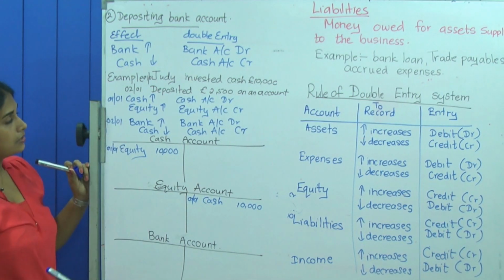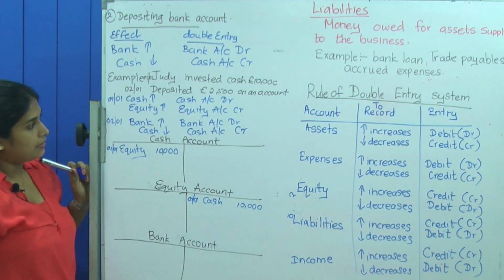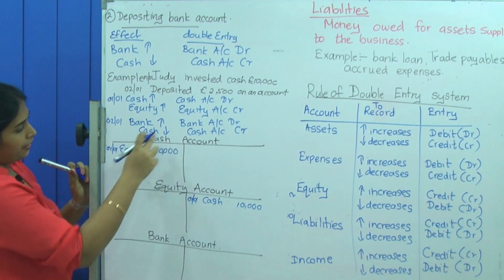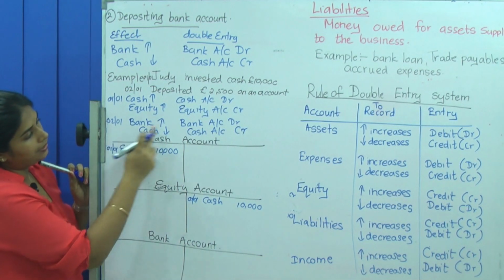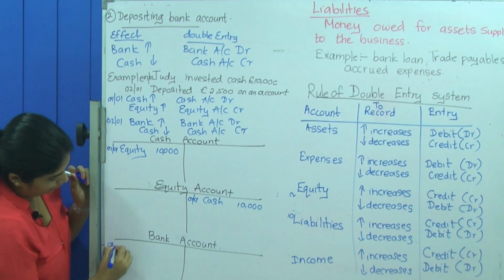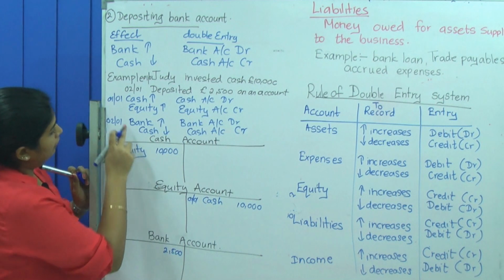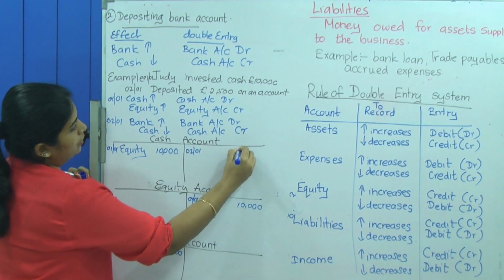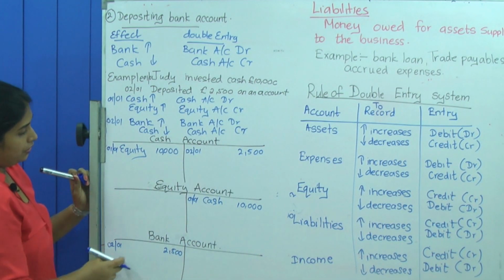Now you have to look at the second transaction which she has done on 2nd of January. She has deposited cash 2,500 in a bank account. That means cash decreases. You have to make sure you write the debit entry. So debit entry will be on the bank account, where you write the date, 2,500, and it will be credited to cash account, 2nd of January, 2,500. Now we wrote the date and the amount in both accounts.